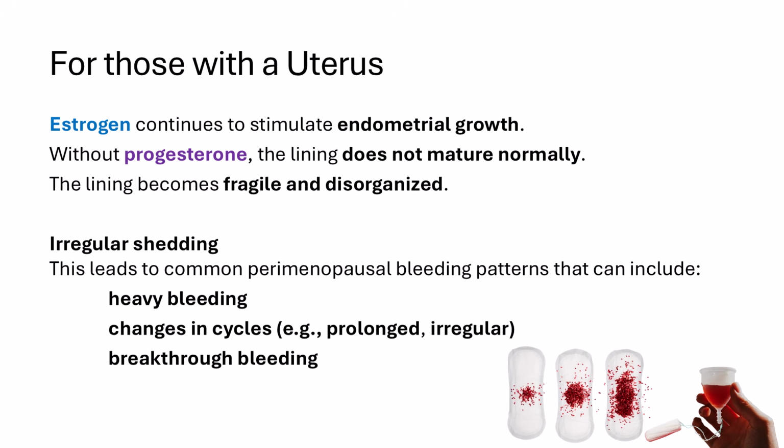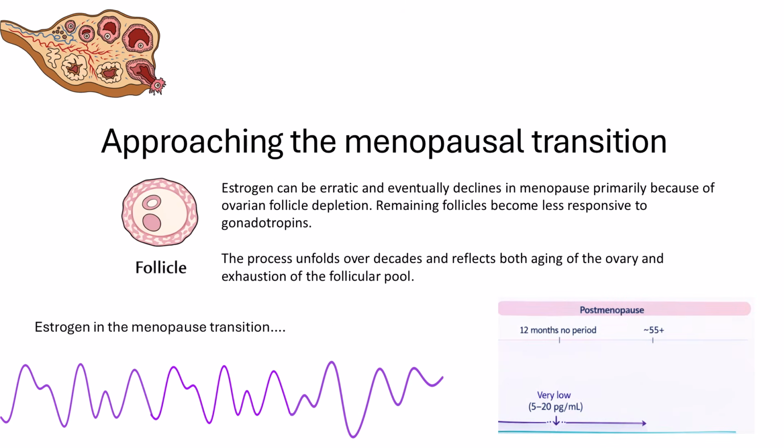But hormonally speaking, because estrogen is still stimulating the growth and with less progesterone, the uterine lining itself really isn't the same as it used to be and is a bit more chaotic. So when we approach the menopausal transition, and I'm sure some of you, if you're on social media, have seen a lot of information about how estrogen itself can be quite erratic. So that's not a great diagram. I just made that diagram myself. It's not accurate, but it basically shows that perimenopause often brings irregular ovulation and with it some